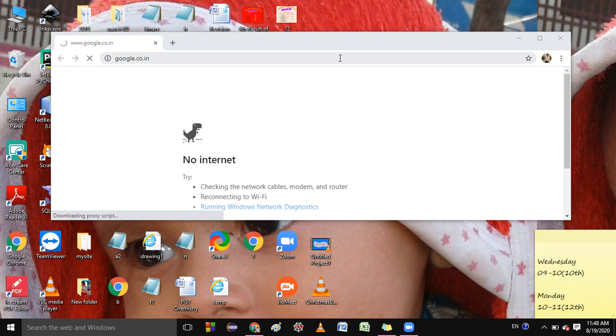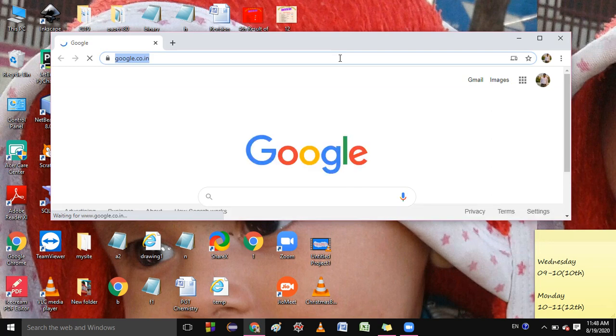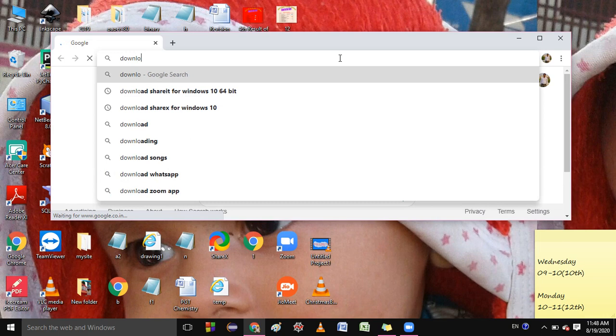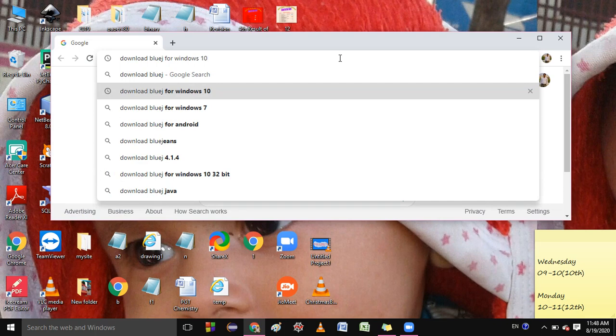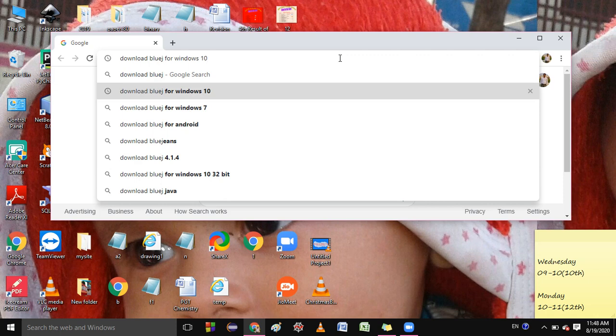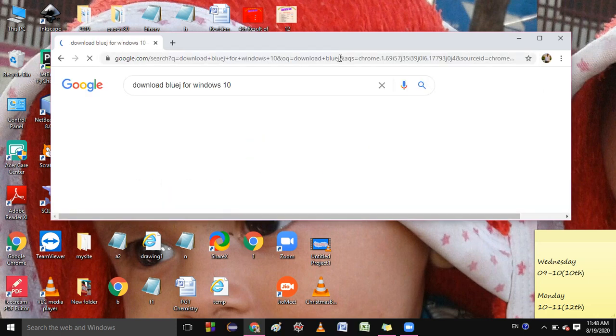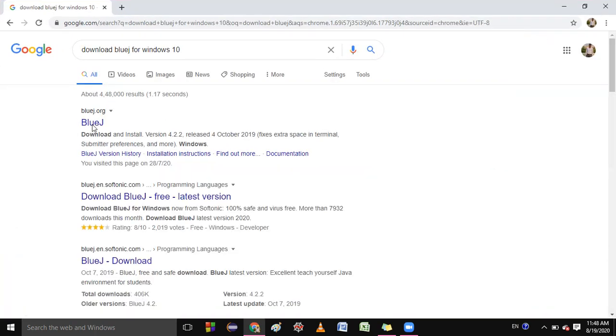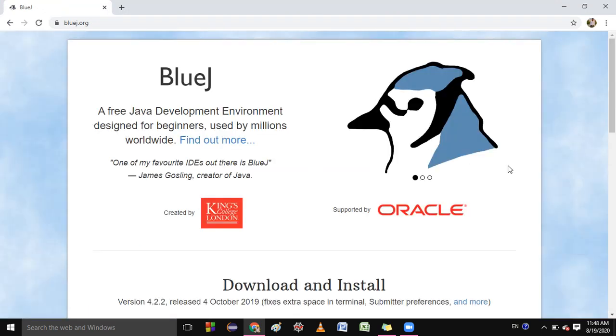Okay, so you will write here "download BlueJ" and for Windows 10. If you are using Windows 7, then you can download that one. I'm using Windows 10, so I'm downloading this one. Then next you will go to the first link and click on this. Then after that,